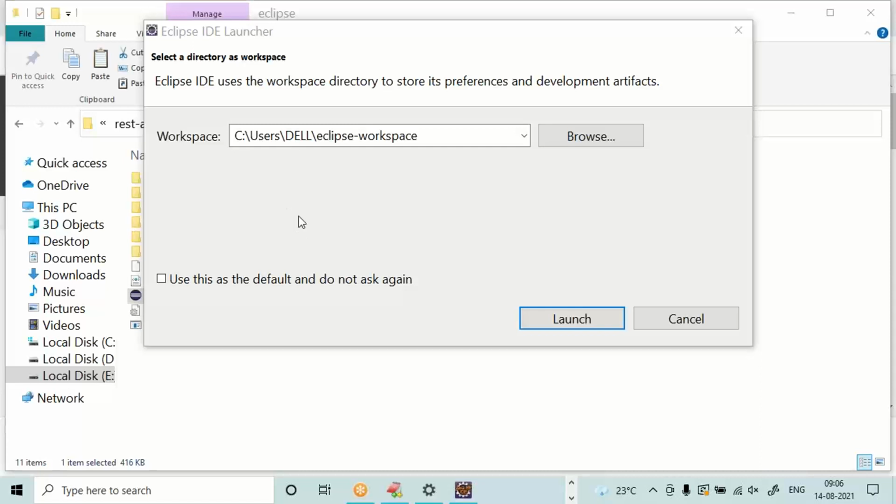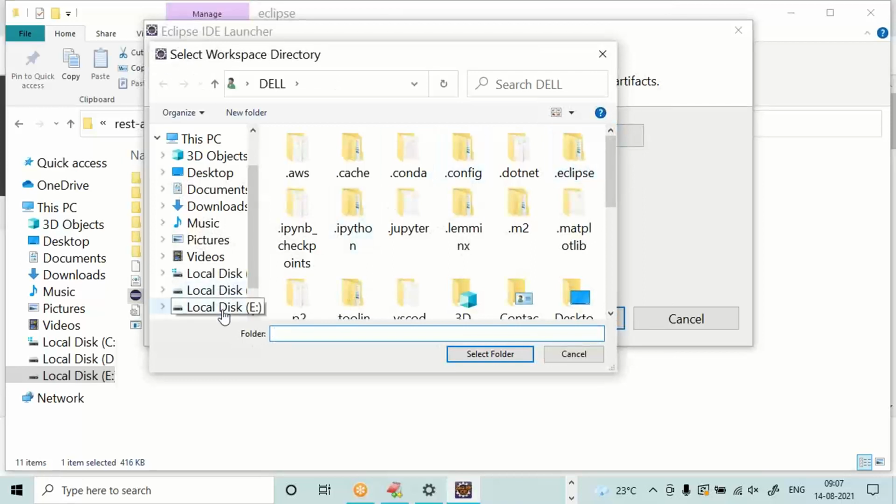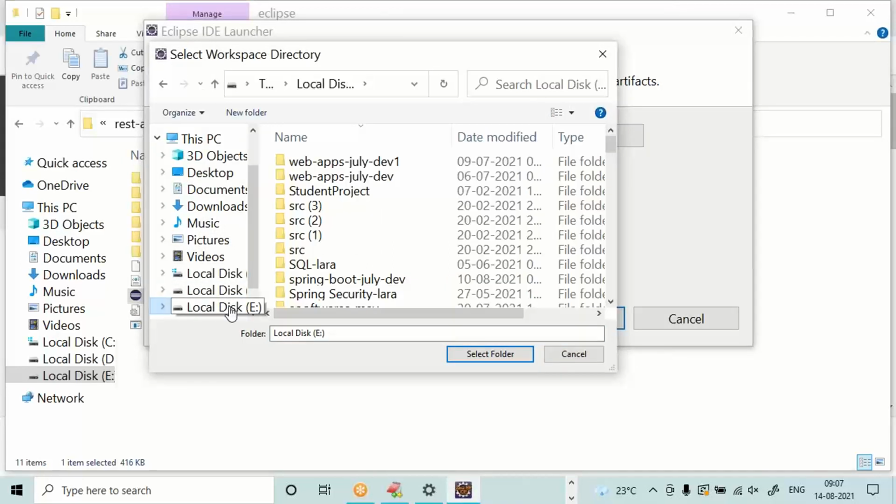It is not advisable to choose the same location. Please observe, go for a different location. Click on browse, go to E drive, create any folder.